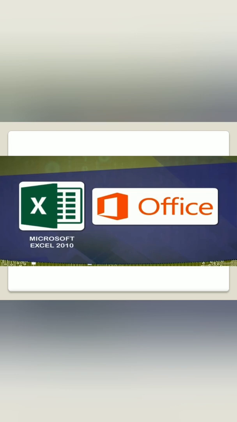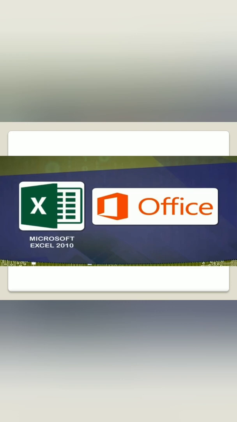Just like that, there are different types of tools in Microsoft Office. Microsoft Excel is one of them, like Microsoft Word, Microsoft PowerPoint, Notepad, so many things.